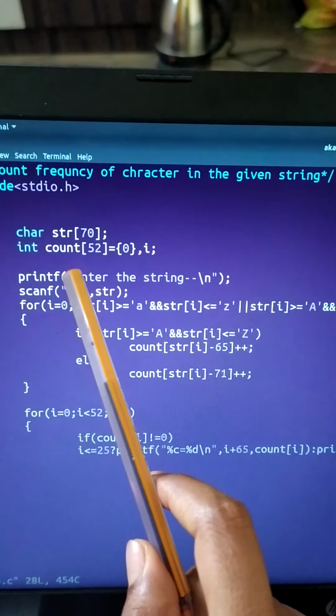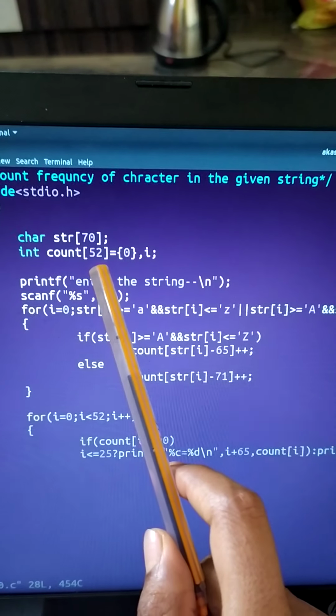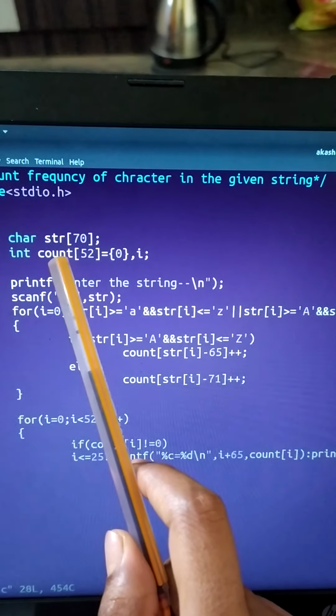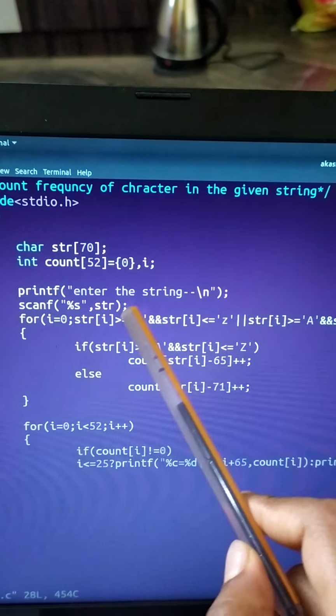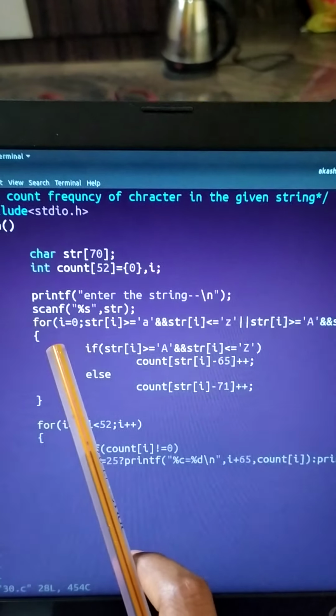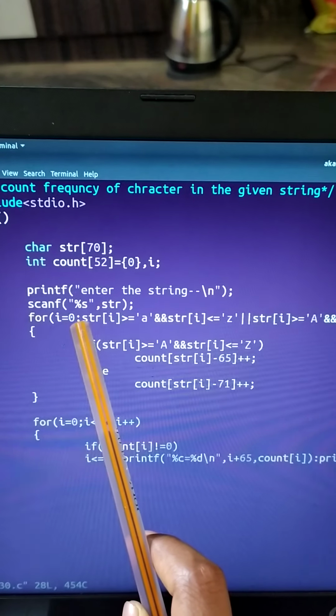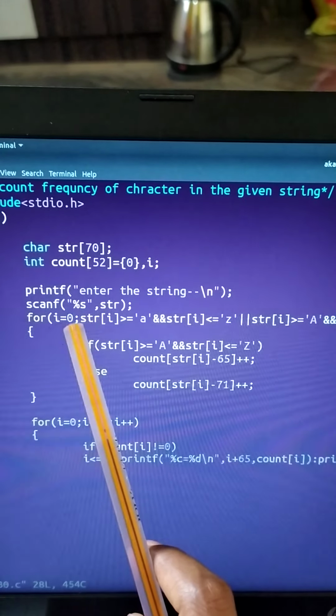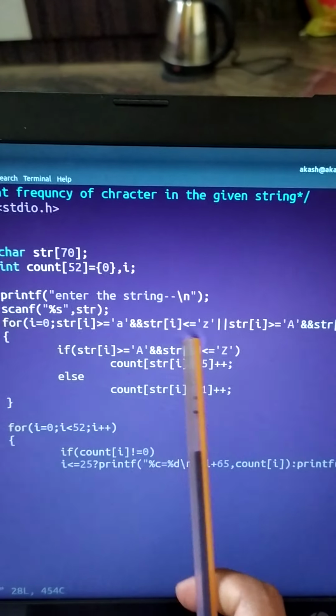In count, I store the count of the characters in that integer array. So first I take one for loop. In that I initialize i starting from 0, because we know the index of a string starts from 0. I keep one condition here.